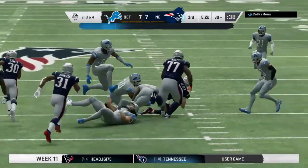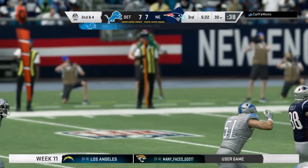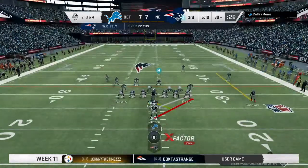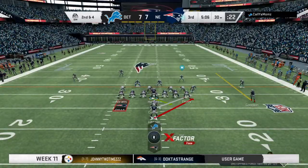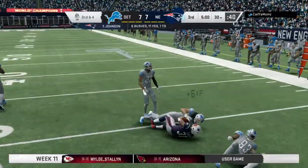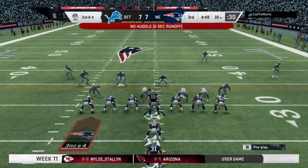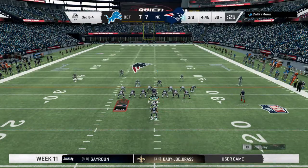That's tough to play zone defense when they can just curl up right there in front of you. Yeah, absolutely. Well, we talk about finding the soft spot. Defensively, how do you make sure they don't find the soft spot like they did there? Tough to do because what they normally will do is run routes that'll pull you out of that spot they want to get into. That's what we call not taking the cheese, right? Don't go for the mousetrap. But it's hard to do because when you see a guy cutting in that direction, you tend to go towards him. No gain on the play that time,